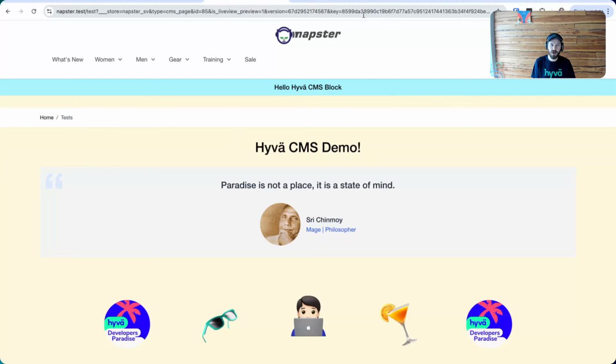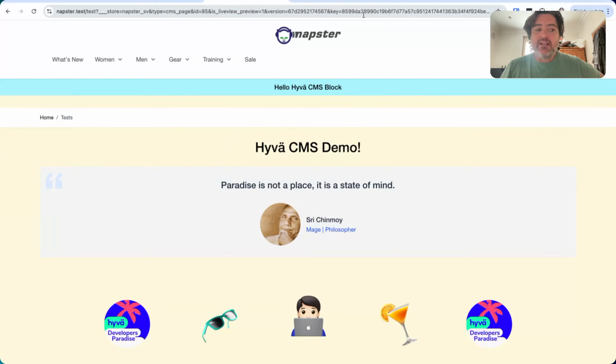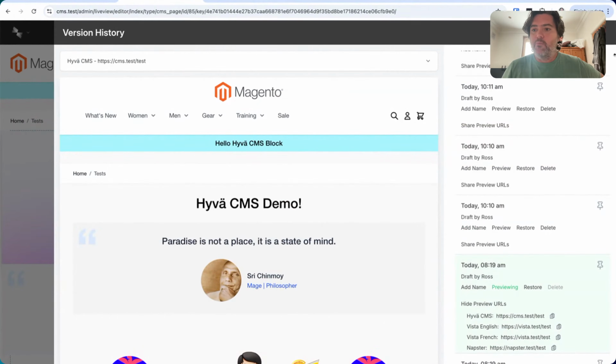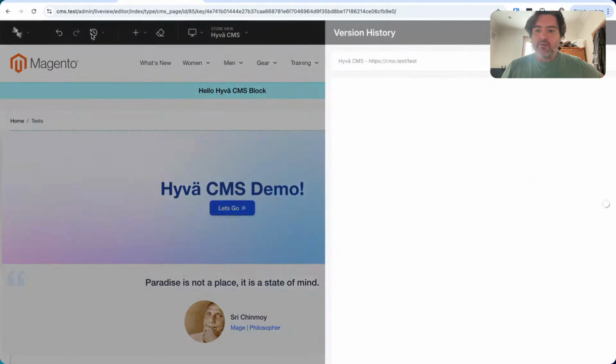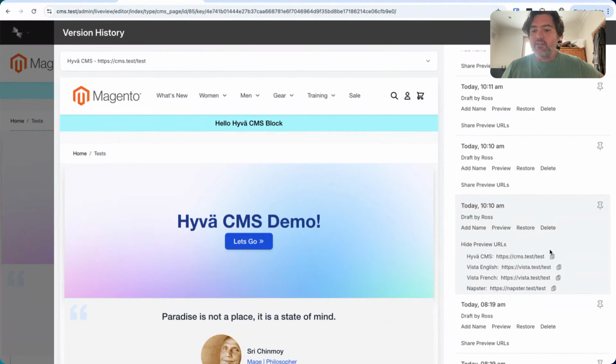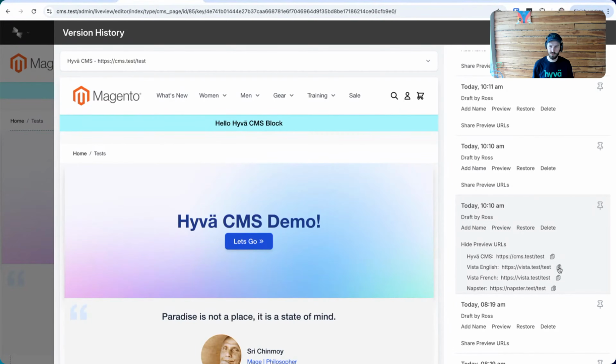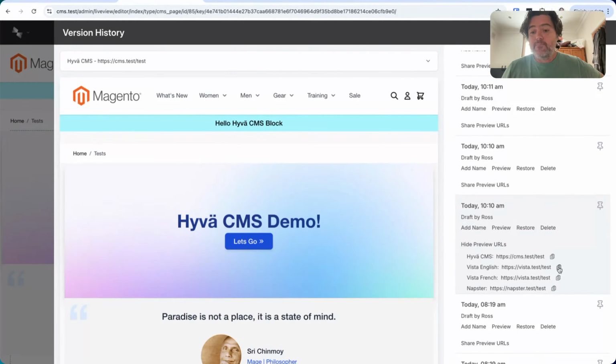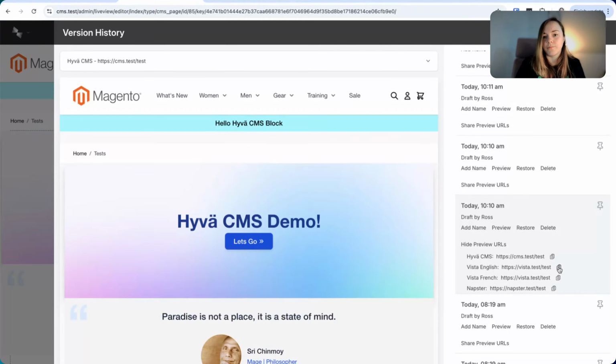Remind me, was there an expiry on those links? It's 7 days from the date it was created. It's created on the fly, right? So when you open up the history, these URLs are actually created on the fly, and they will last for 7 days. After that, they would have to request a new URL. Can you share it again? Yeah. Super secure. And I'm guessing that no robots would track those pages. Exactly. There's no indexing on those pages.